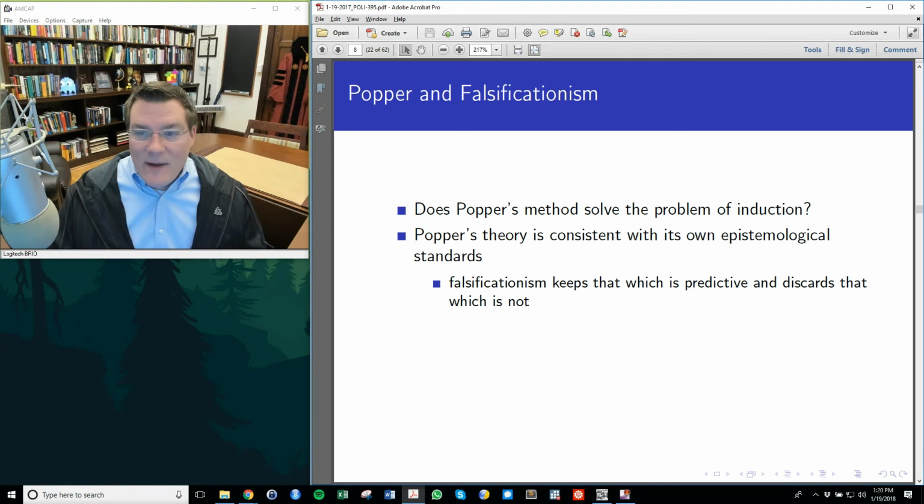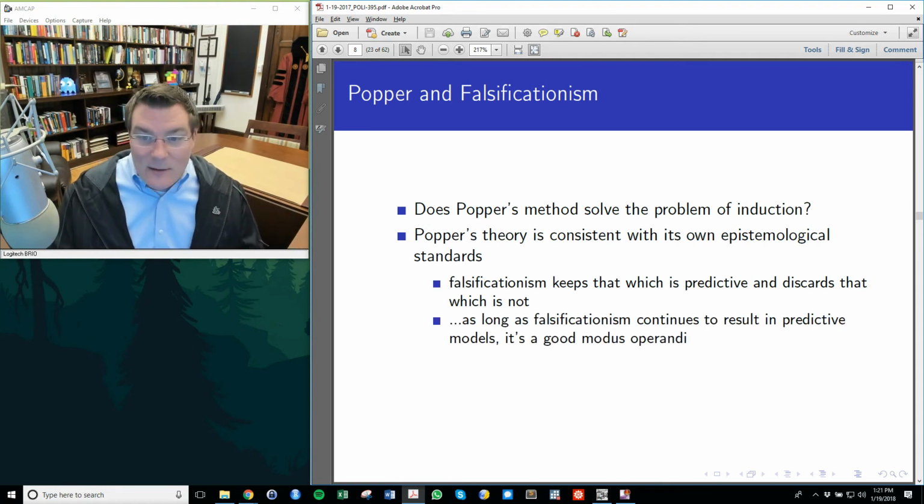One way of thinking about this is, if you were to apply the falsificationism standard to evidence, the hypotheses that you failed to reject and the theories that produce those hypotheses would tend to be maintained in the scientific literature and presumably would predict future events and explain those events which have already happened. Those theories that produce hypotheses that were falsified would be discarded and replaced with something else. So by that standard, it works.